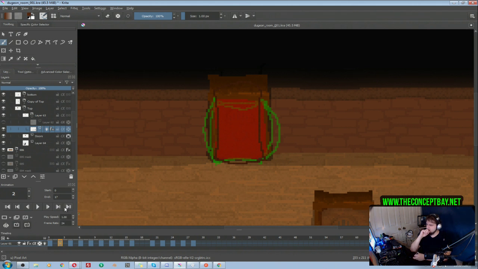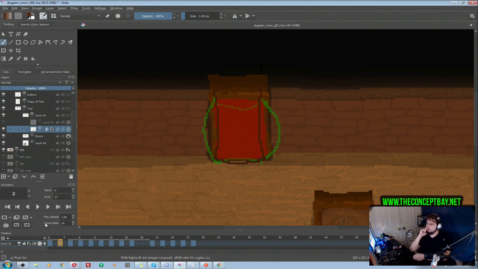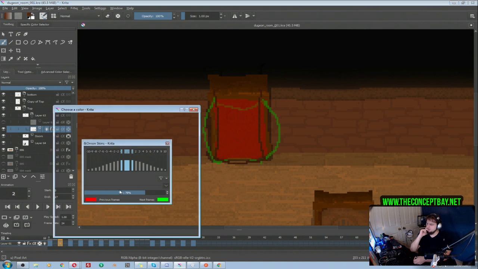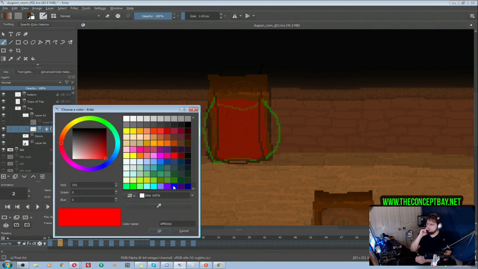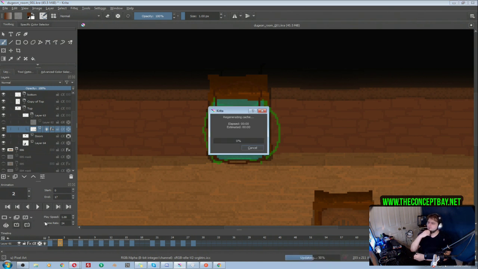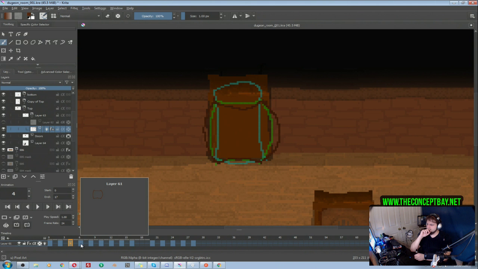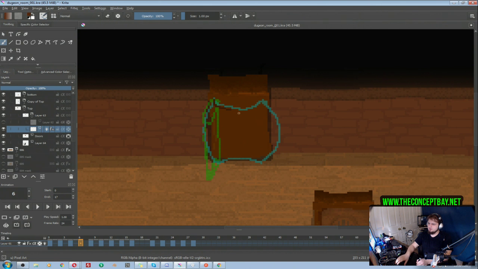Let me actually edit the onion skin. We only need one front and one back animation. And this one, please and thank you, will be blue. Or bluish. Okay, squish. So maybe instead of this one, it's gonna be